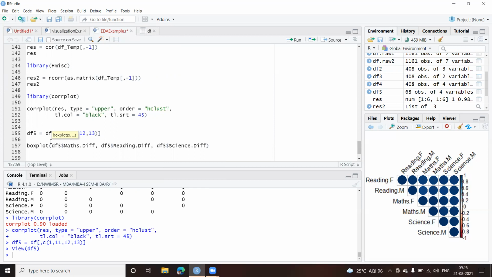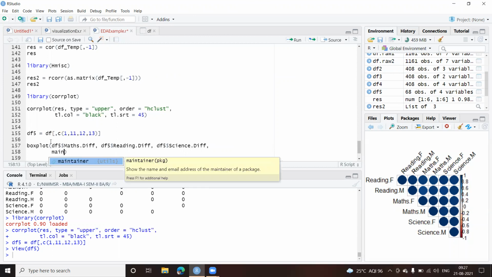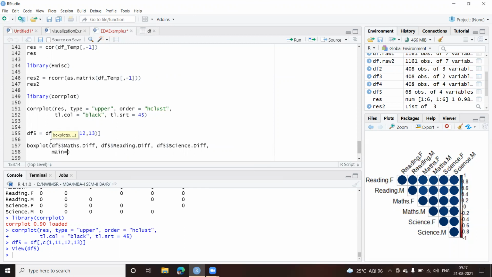Okay, 3 values. Then I'll give some title for this particular box plot. So I have to use main. I hope you remember all this. Main equal to, and you can say we ask a question, are males better than females? Okay, that's my question, which I'm putting as the title for the chart.